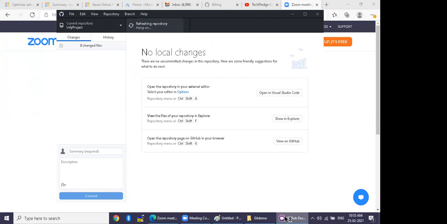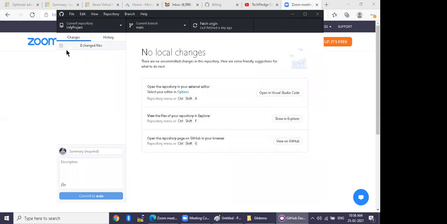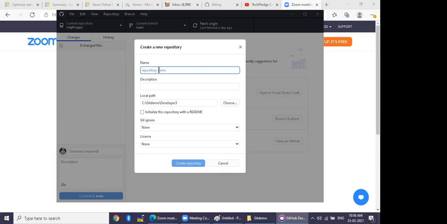All right. So first, you are going to play the role of the team lead. Go to the File menu and say New repository. IBM repository. Who is doing this task? Team lead. Team lead. Very good.